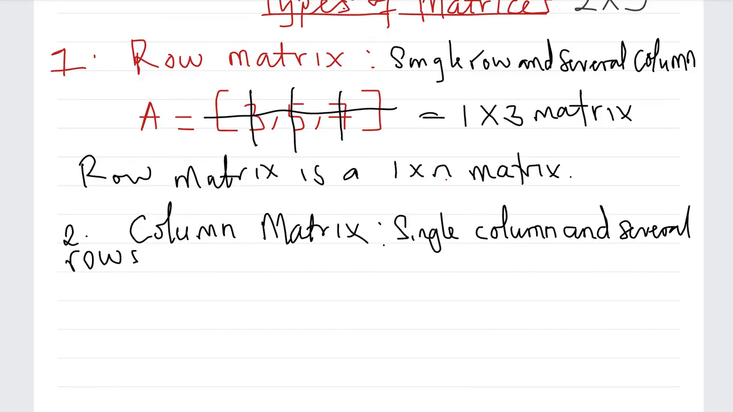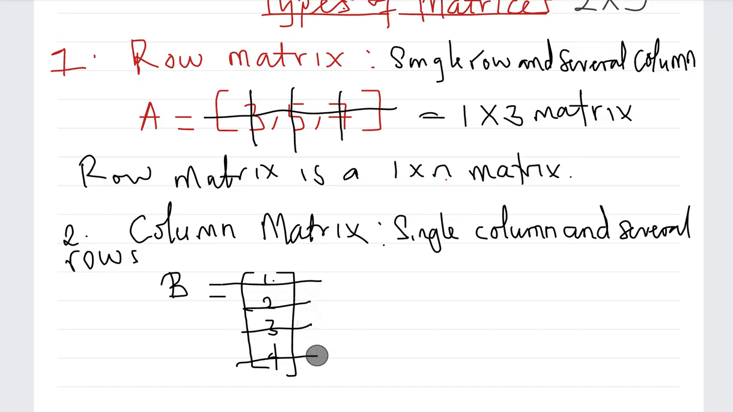So maybe we have B like this, which is equal to, let's say, 1, 2, 3, 4. Are you seeing that now? How many columns? Column 1. Yes. This is a column matrix because it consists of only one column. You can see row 1, row 2, row 3, row 4. So this is a 4 by 1 matrix,